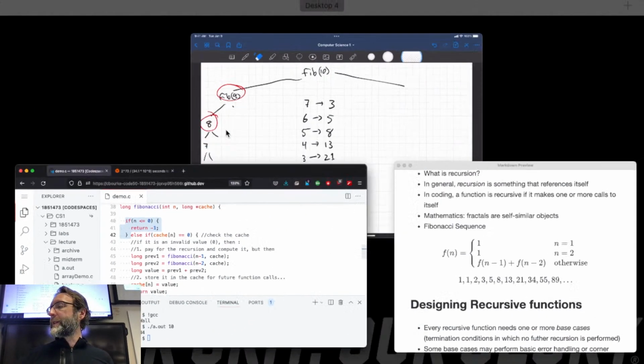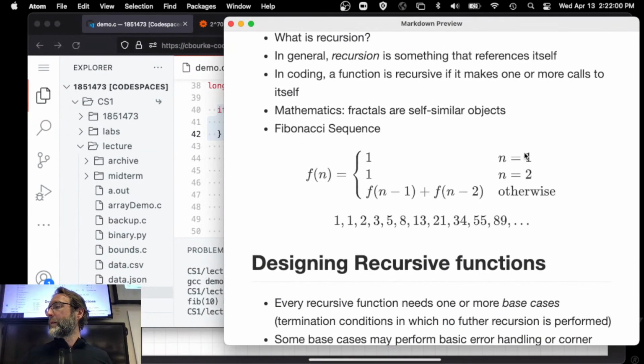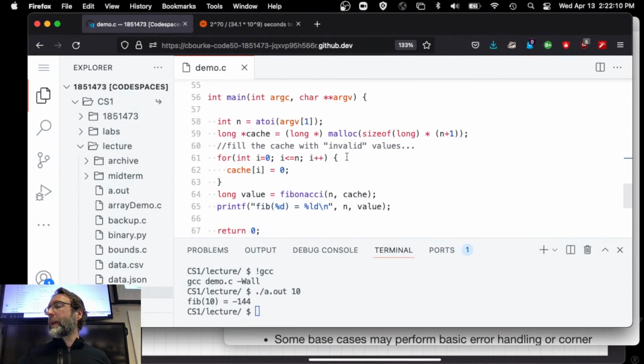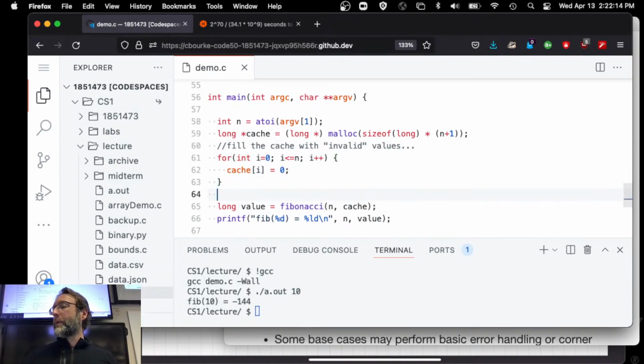What are my other two base cases for Fibonacci? When n is 1, n is 2. Do you see those accounted for here at all? So you can either write an else statement here to account for it, or what can you do to the cache? Fill it with invalid values, except for, now set the base cases,